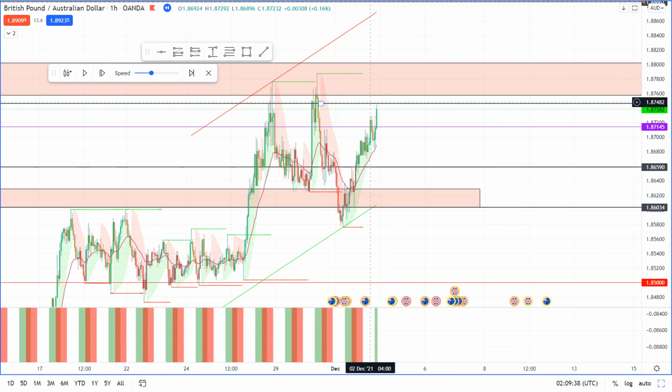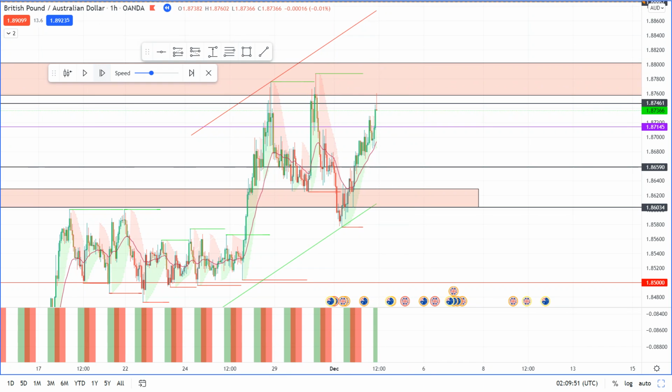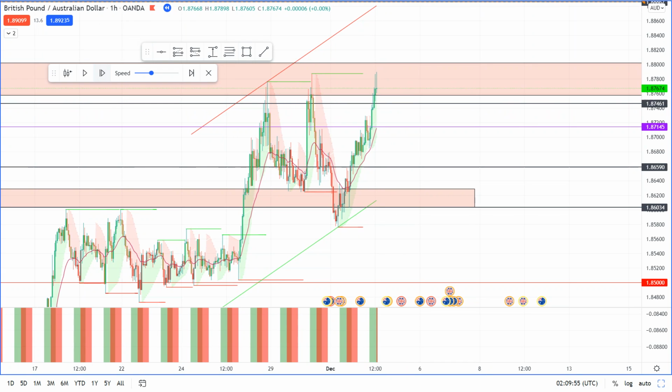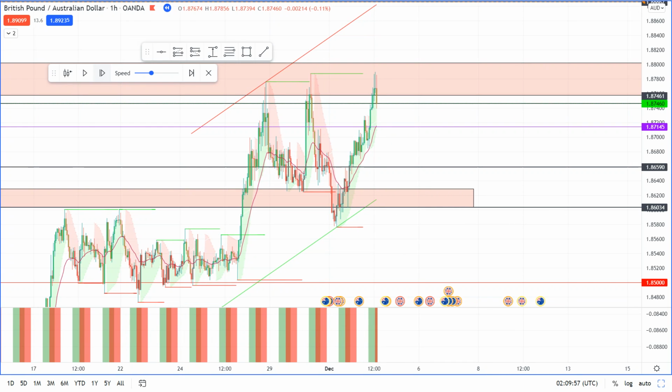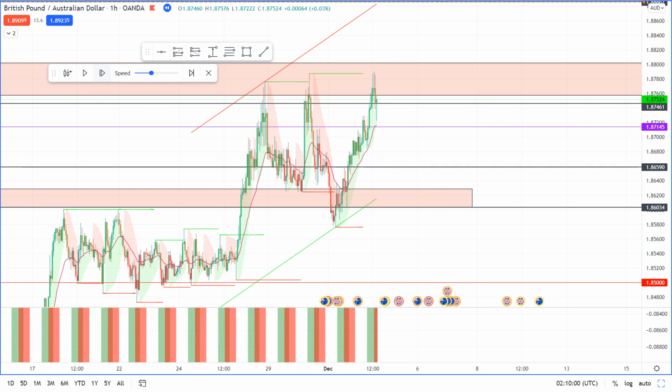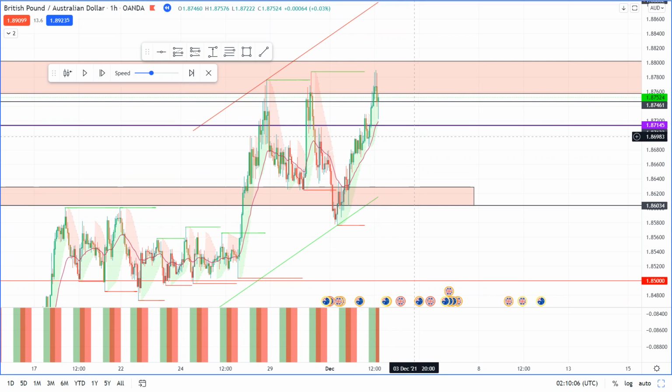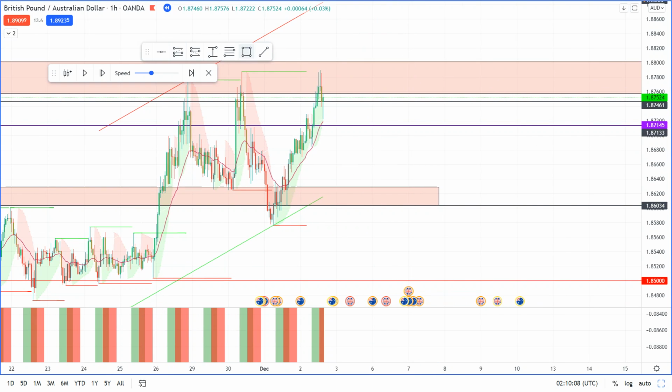Once we really started testing areas, this is the area where I was like, okay, we could possibly see another wave down. So I had to be prepared, as we could see another push down. But as we see, it never really happened. We just kept pushing up and up and up. We had a little pullback here. We had a little pullback here. And once this candle happened, that's when I moved stops to right here. I think at that point I was sitting at